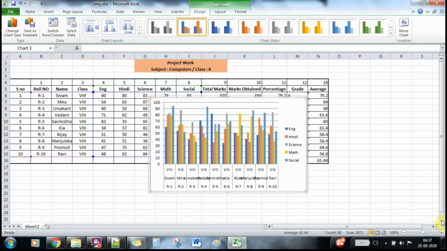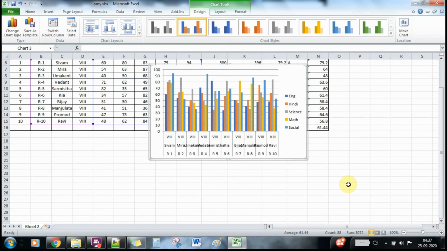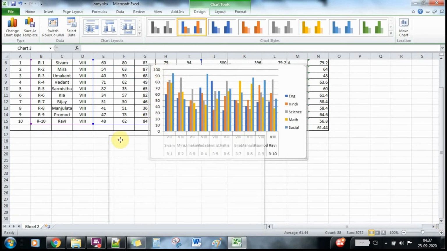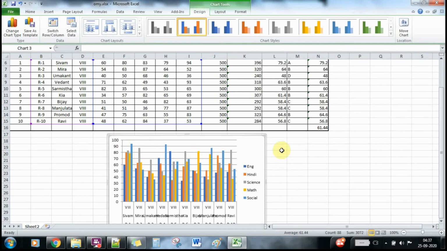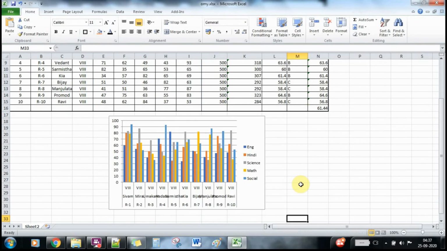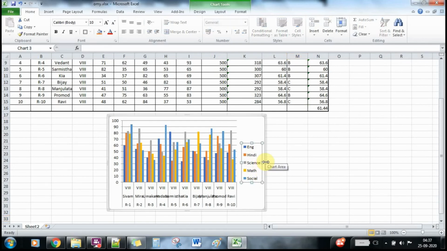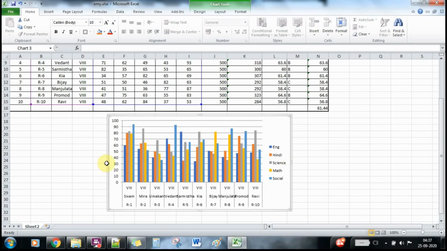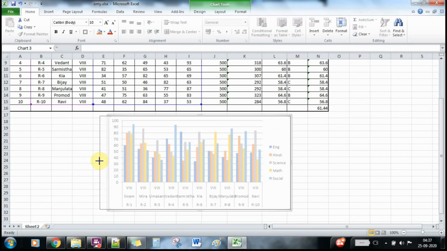Okay, so you can just drag and drop this a little bit down, and this is all your subjects. You can make it a little bit more arranged, so you can see it comfortably.